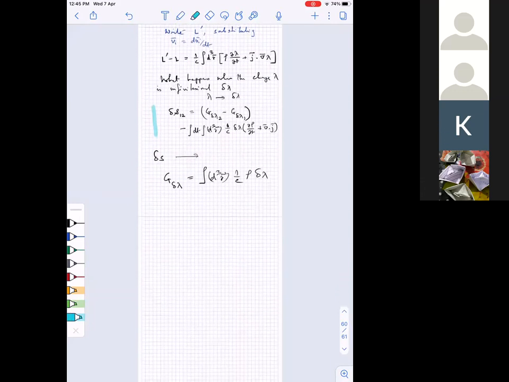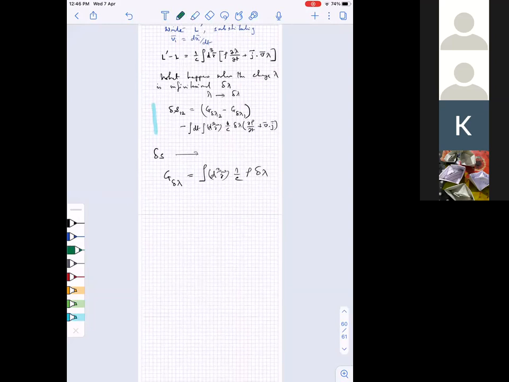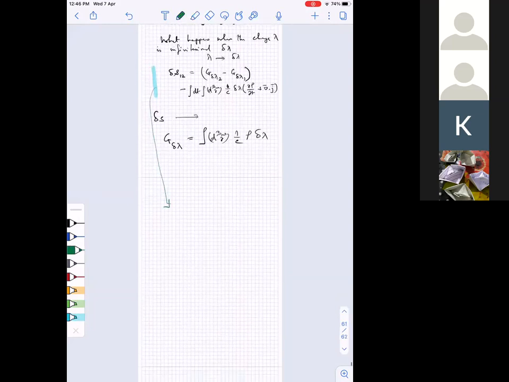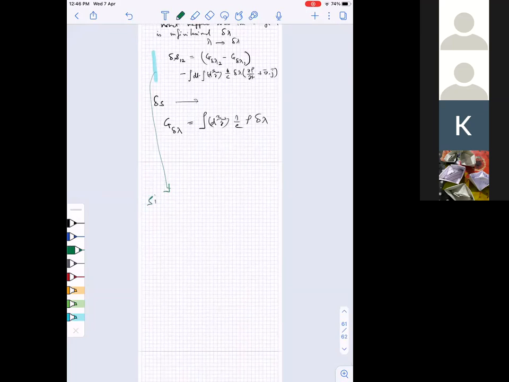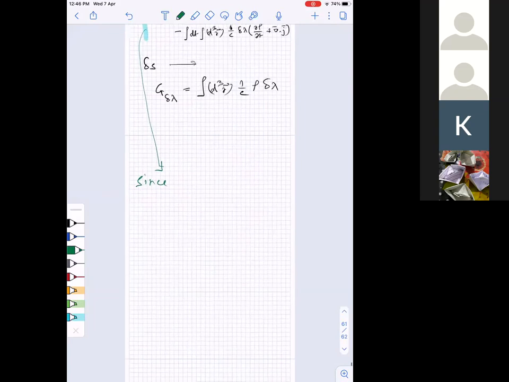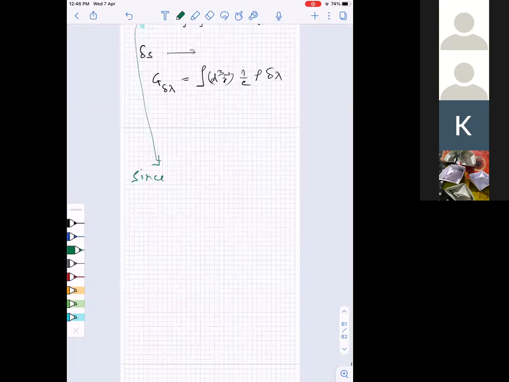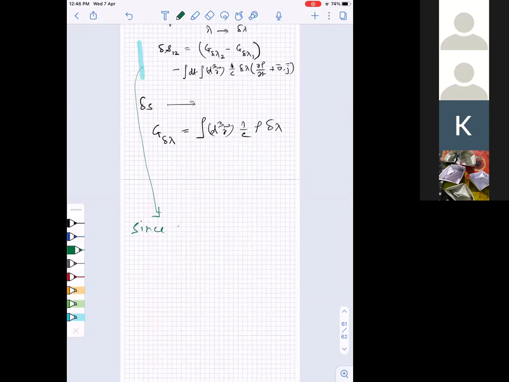So from this equation, since only endpoint variations can give a change in action,